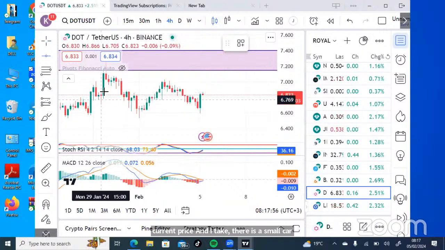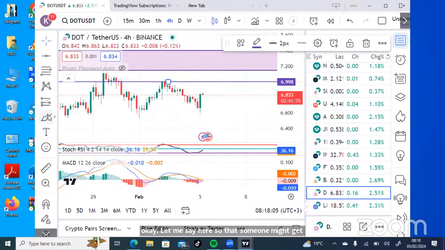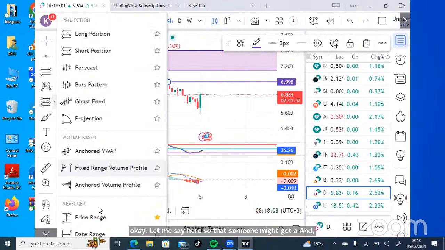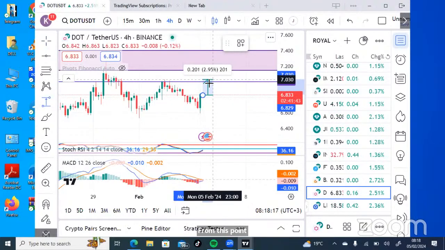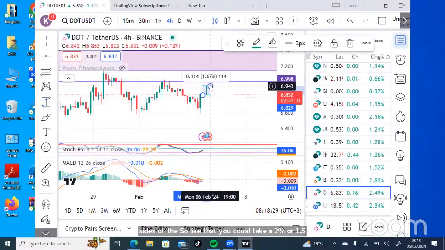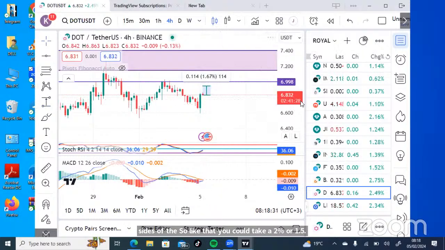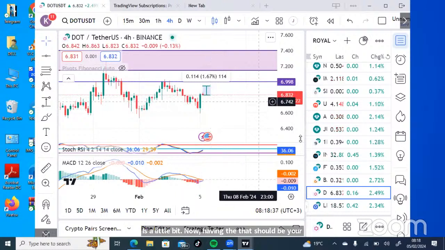And I get my price range from this point to this point. But remember, you should always take 2/3 of the journey. So you could take a 2% or a 1.5. Now, having determined that to be your take profit, and from here down to be your margin call drop,